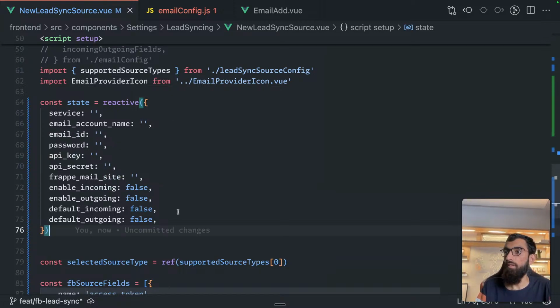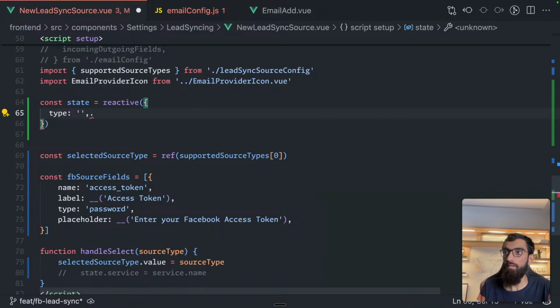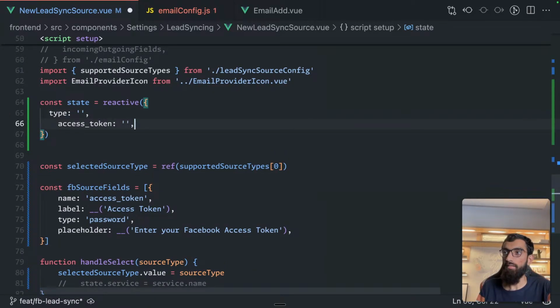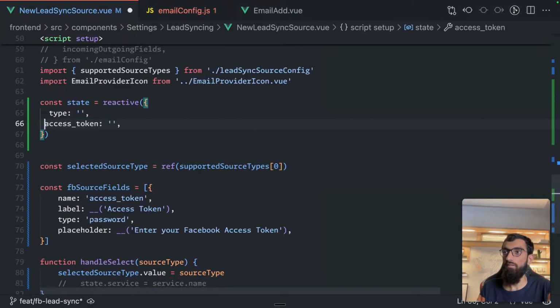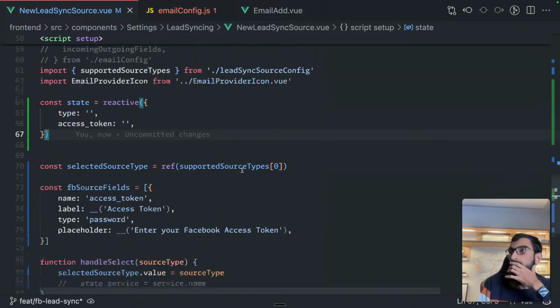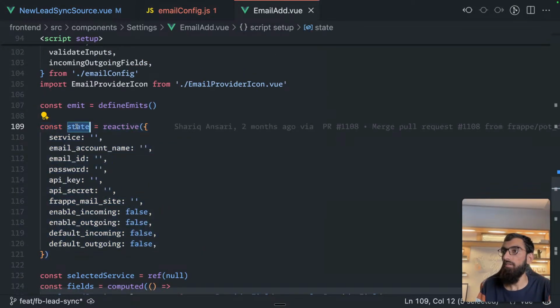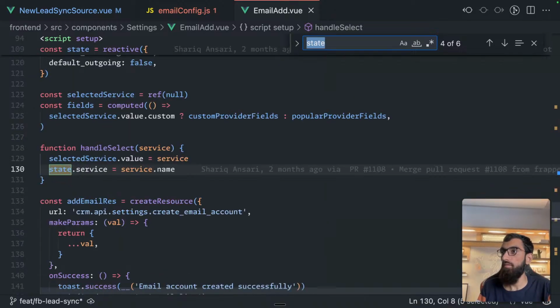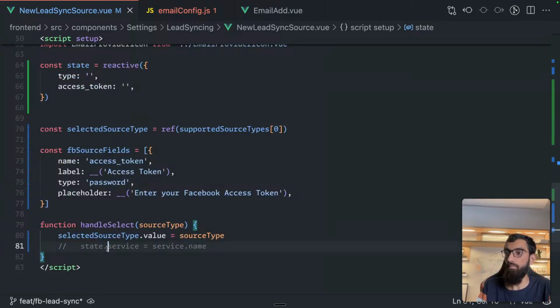And we will need, what is it called? We need the type, right? We need the access token. Yeah, these two to start with. And how is this type being set? State dot. Yep. This part I think we commented out. Yep. So now this becomes